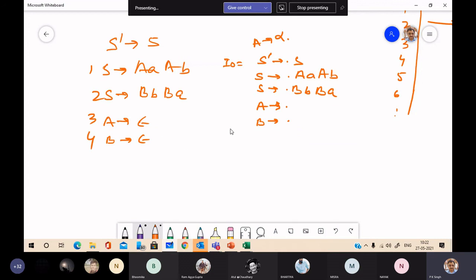So for I0, these two productions will lead to the reduce by, this is R3, this is R4, where in state 0 we have terminal symbols A, B and dollar.